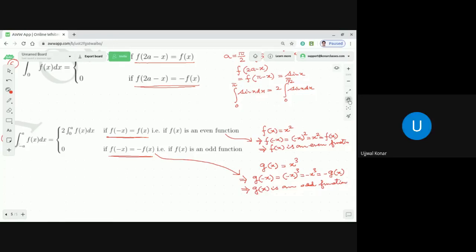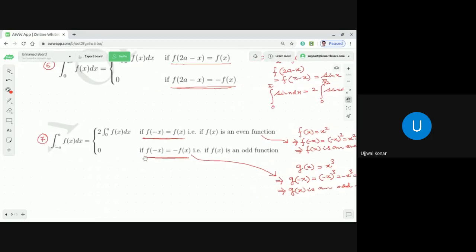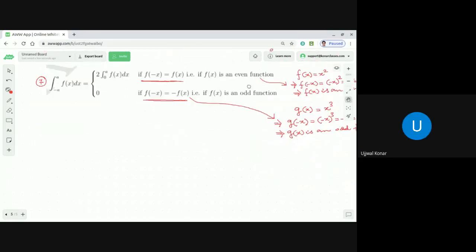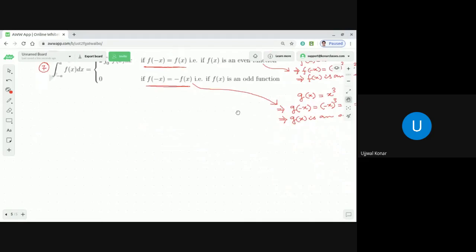So what we learned is that if f(x) is an even function, in that case, the integral from minus a to a of f(x) dx would be equal to 2 times the integration from 0 to a of f(x) dx. And if f(x) is an odd function, the value of the definite integral from minus a to a of f(x) dx is 0, as simple as that. You can explore again, dear students. You can take the NCERT book, take a few examples, and you will find that it is so well understood once you go through my lecture.